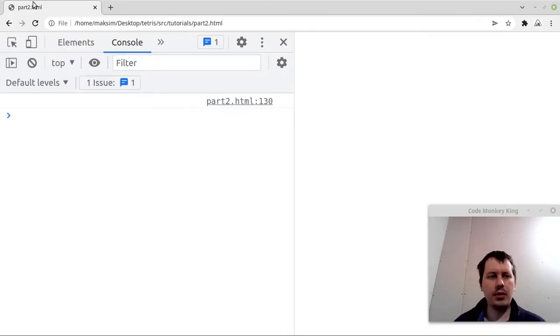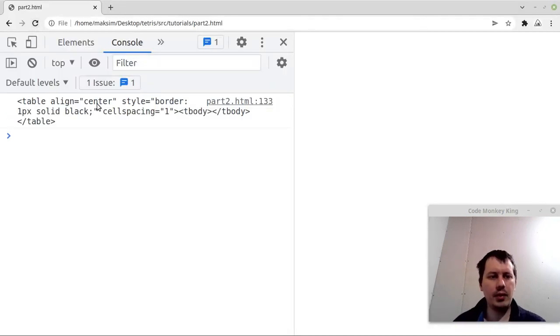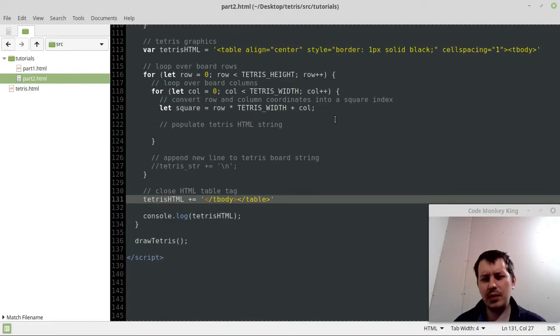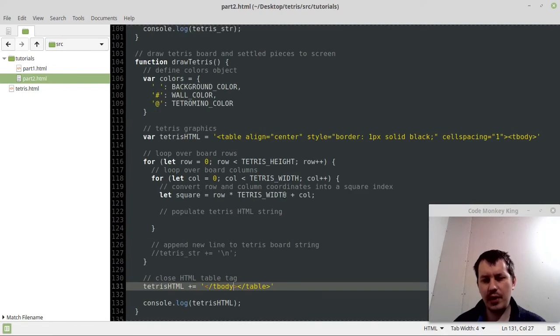Yeah, let's have a look if it prints the string. So table align center border 1 pixel solid black, cell spacing, table body, and the table tag is closed. All right, so far so good. We could add some new line characters, but I think that's a bit of an overkill,